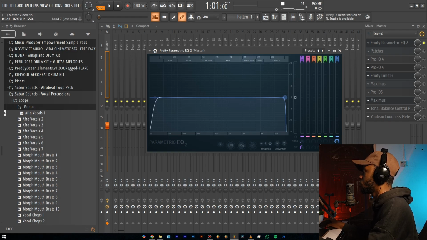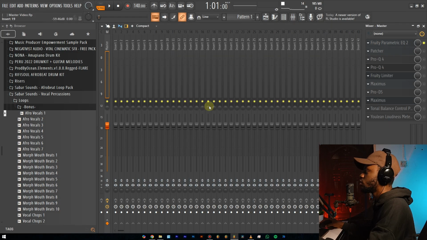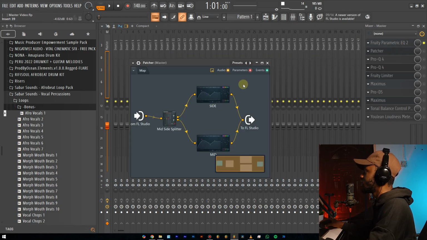All right, so once you do that, you take out the extreme lows and the extreme highs, which are technically not that important when it actually comes to our songs, because we technically do not hear those parts of the music. So after you've taken out the extreme lows and extreme highs, what next is mid-side EQ. You want to take out a whole lot of the lows from the sides,